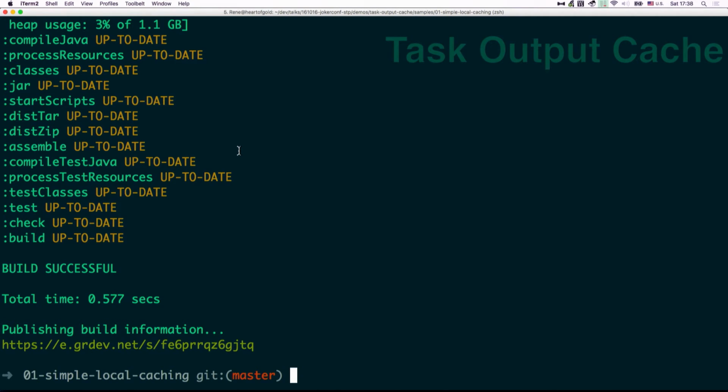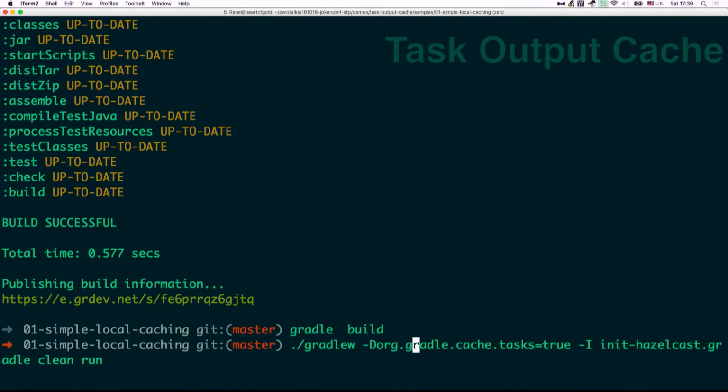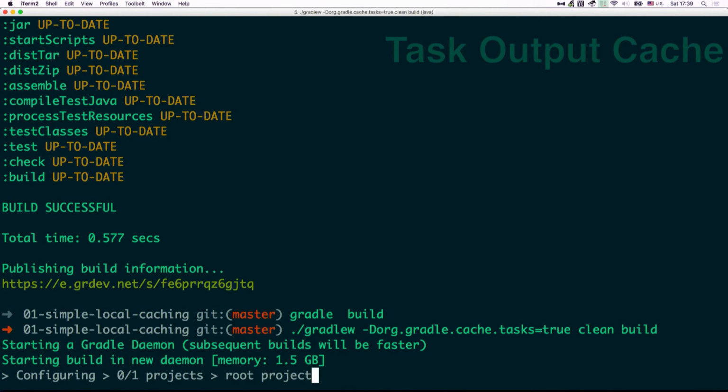But what I can do actually is run it with -d and enable the cache, which is actually under development. At the moment it's a system property you need to pass. So what I do now is I set a flag to activate that Gradle cache, and I run clean, so I wipe out the build directory. The first time I do that,